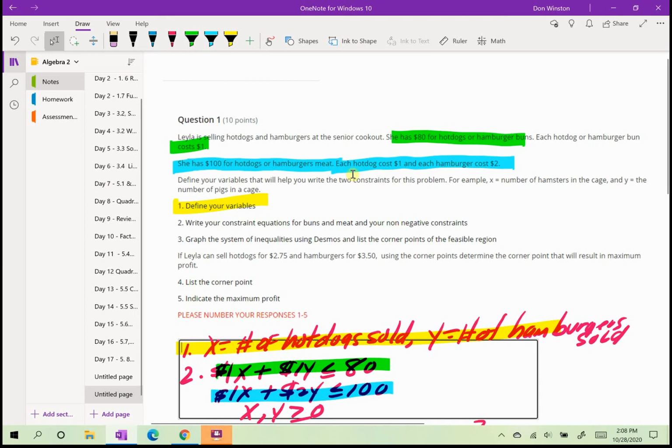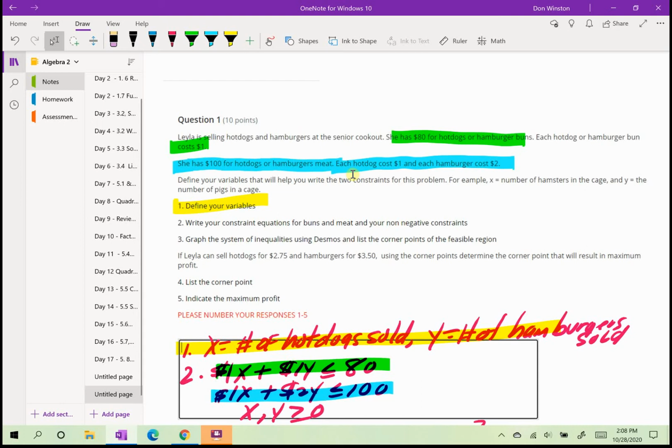Okay, hello everyone. I am going to go over the linear programming take-home test problem you have. I presented this problem on 1026. I will go over it again so you know what to do. I will be introducing Desmos as well. You'll see that there's very little calculation you have to do with this problem. But let's review what I presented on 1026, and you certainly can look at the video that I posted for